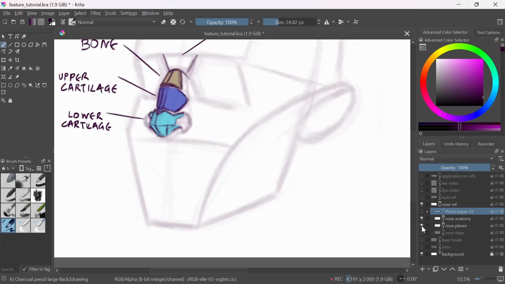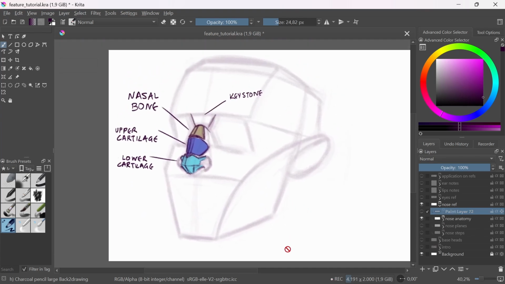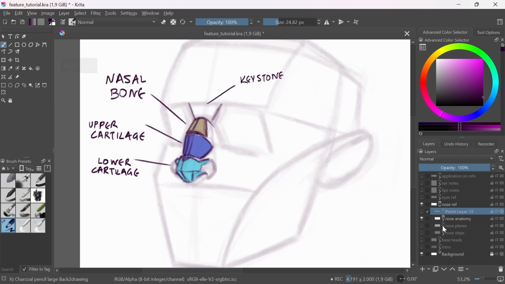The anatomy of the nose says that we have three major areas in the nose. We have the keystone, which is more a part of the interconnection with the cranium, but then we have the nasal bone, then the upper cartilage, and then the lower cartilage. The names are not that important. What's important for you to understand is that we have three different bones that create these kinds of angles for the nose, and in that way they also create the different tips in the nose tip,